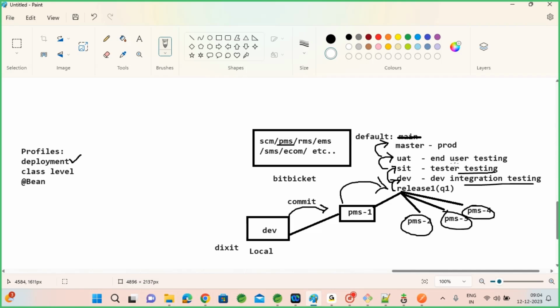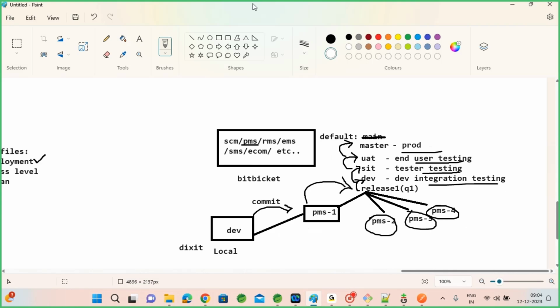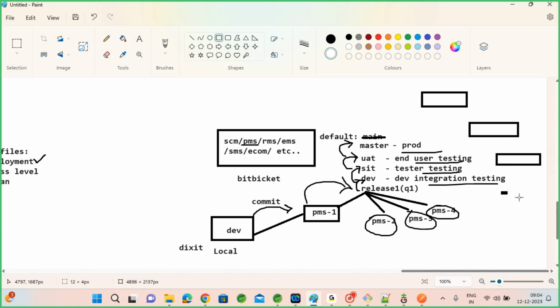Once it moves to the dev environment, testing environment, end user testing or production, you need to have different machines, different sets of software, and different sets of configurations. For prod, you will have one prod server, one UAT server, SIT server, dev server, different machines. And as soon as you move your code to those different machines, what you can do,